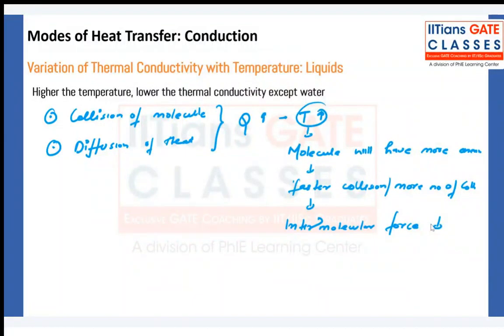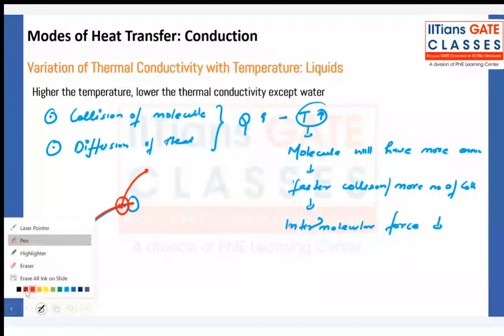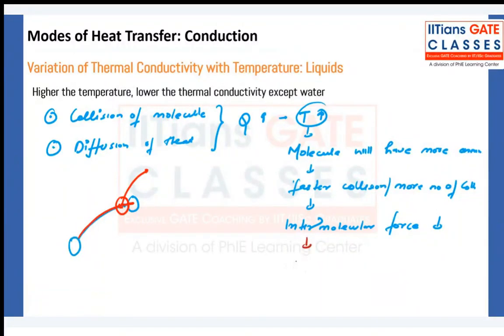And earlier, when one molecule, like these are two molecules, was coming here, it was staying here, and then the diffusion was happening. But now it is not staying here. Now it has very high energy. It will collide and it will move ahead. Okay, so intermolecular forces will decrease and molecules will not diffuse heat. So the number of collisions is increasing, but because diffusion of heat is not happening,